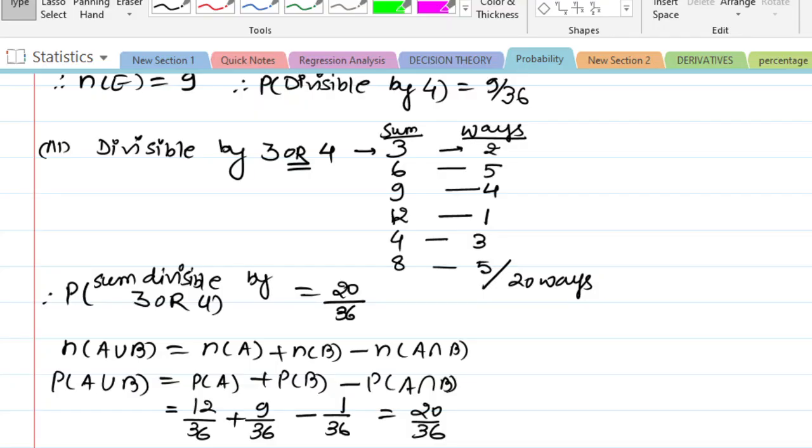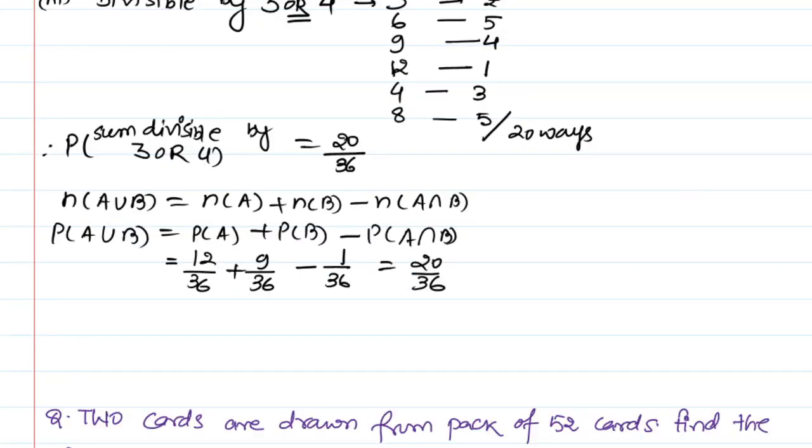Students, please note, just by mistake I had written the probability of the numbers divisible by 4 as 9 by 12. There is a correction, it should be 9 by 36 because the total sample space is 36. Fine. Coming to the last part of the question, it says,